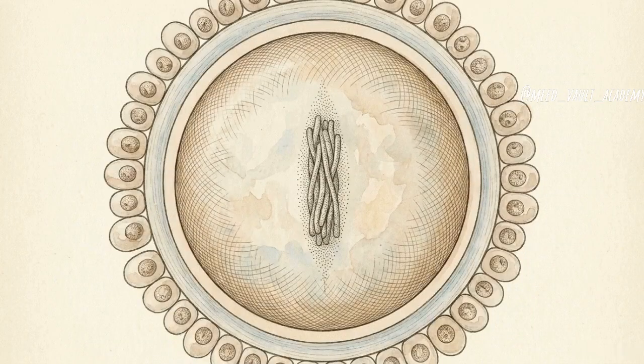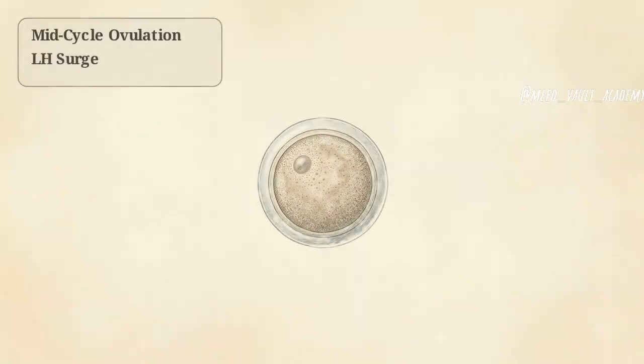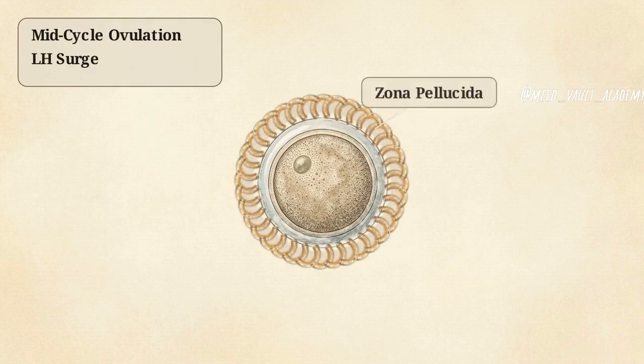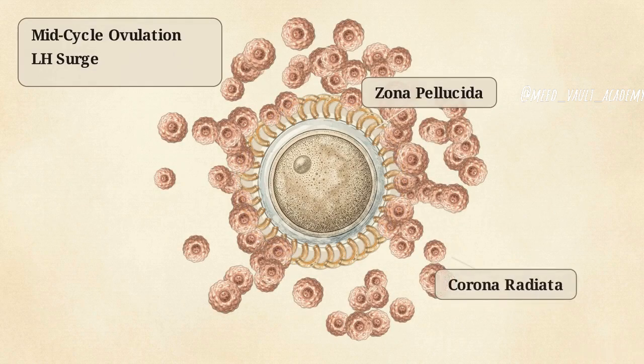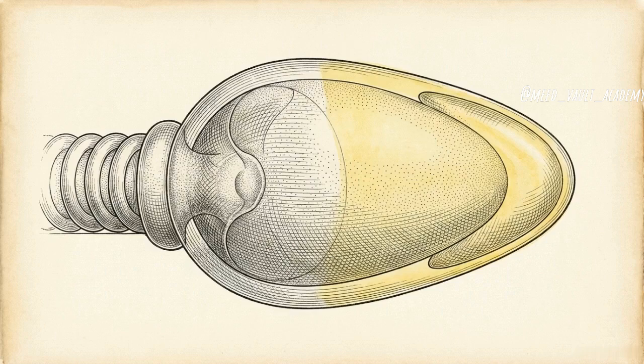The released cell is a secondary oocyte, which enters the reproductive tract suspended in metaphase 2 of its second meiotic division. This animation of the rupturing follicle shows that the oocyte is not a bare cell. It is heavily shielded by an inner glycoprotein coat called the zona pellucida and an outer layer of granulosa cells known as the corona radiata. To reach the oocyte membrane, the male gamete must possess the specific enzymatic tools required to breach both of these